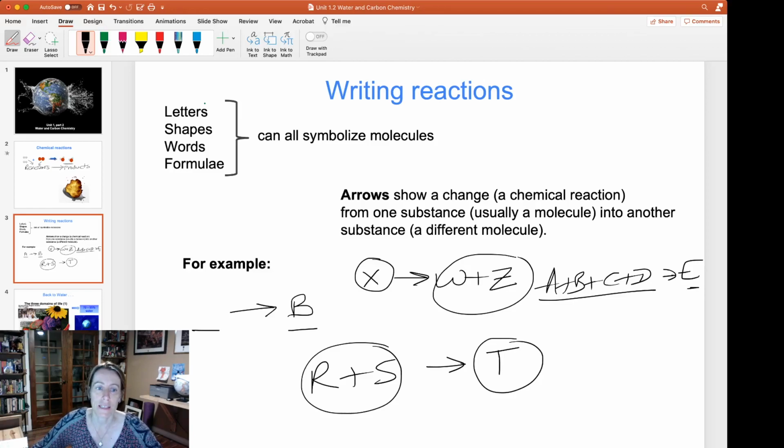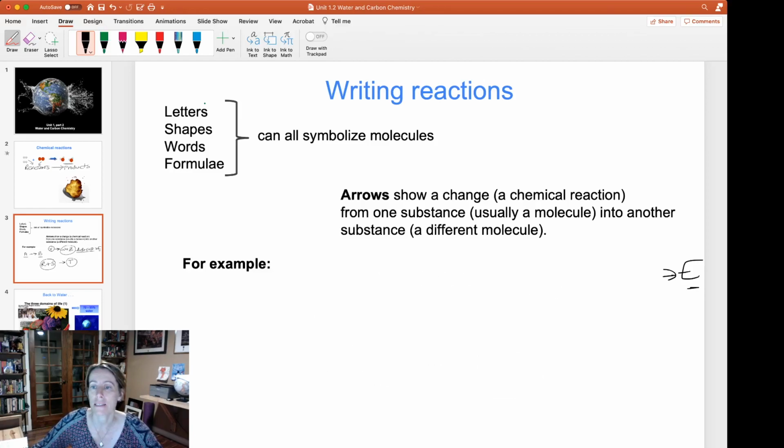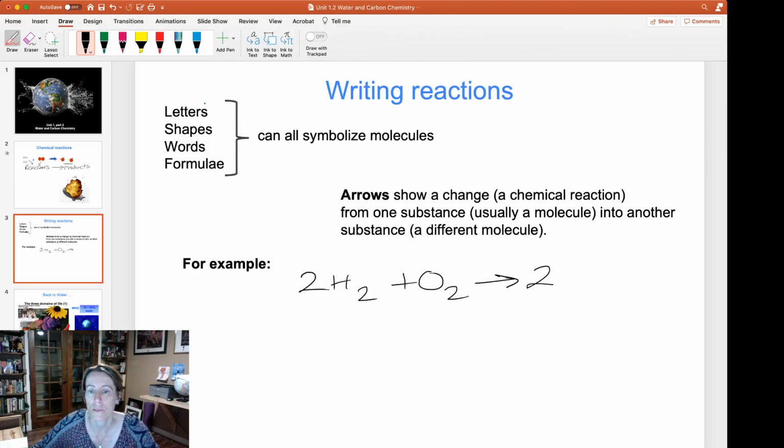So you can use letters to symbolize things just like that. You can use shapes and colors like I did on the previous slide, the red and the white circles. You could have words. You could write hydrogen plus oxygen goes to water. Or you can use formulae. So this is what we had on the other slide. Hydrogen plus oxygen goes to water. That's using formulae. Many different ways of symbolizing